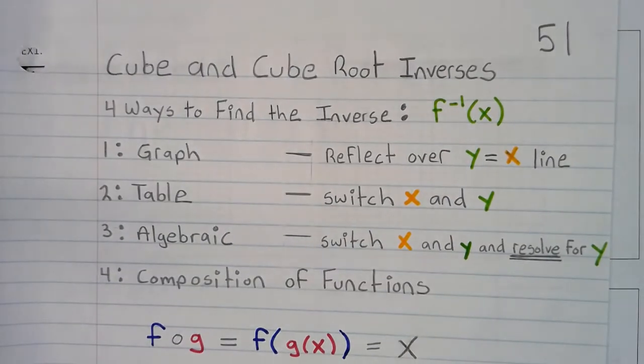There are 4 ways to find the inverse. First, graph, reflect over the y equals x line. 2, table, switch the x and y. 3, algebraic, switch x and y and resolve for y. All right, now for the 4th way,